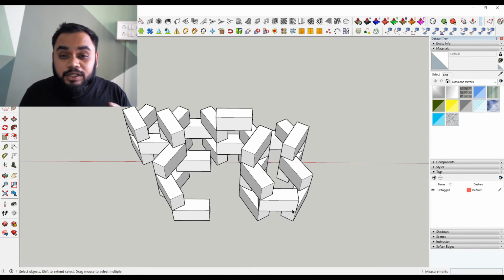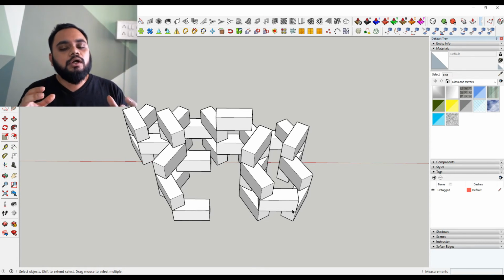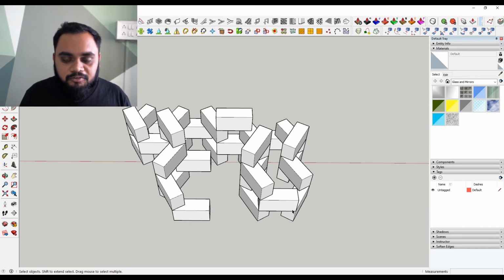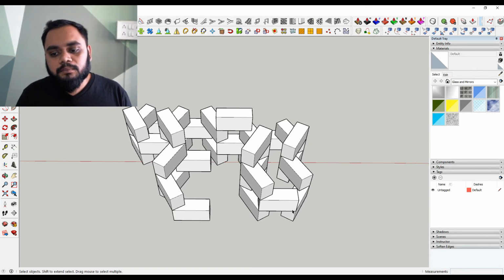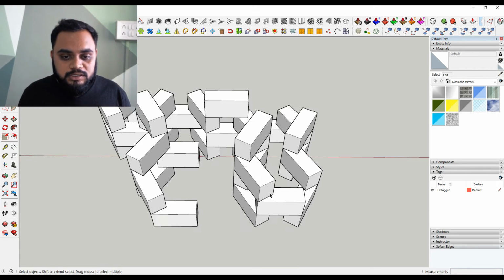And this is actually a conceptual model. It is not a realistic model. This is something which you can build while you design stuff, while you make a sketch and you want to check out how that particular sketch is going to look on your site, and does it even fit on your site, and does it have all the criteria that you want to give to your design.